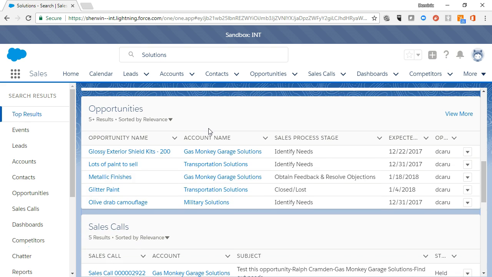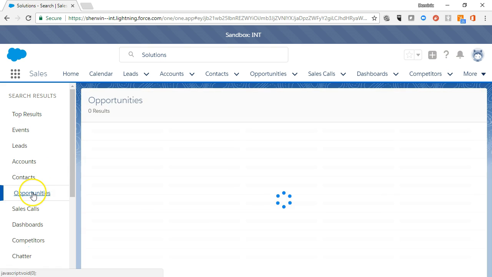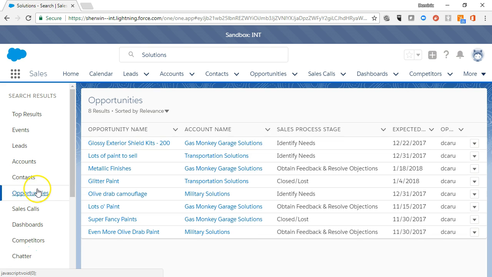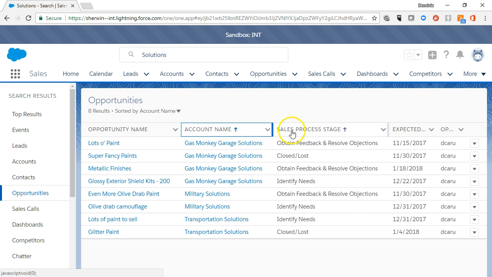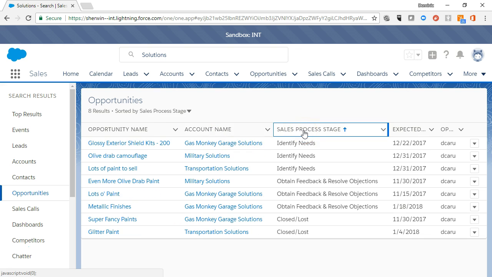When we click the Opportunities tab on the left, we can see just those opportunity records that match our search criteria. By default, the list of opportunities is sorted by relevance. You can change the sorting by clicking on the Sort button or any of the column headers. As we scroll through the list of opportunities, we can view the details of a record simply by clicking the